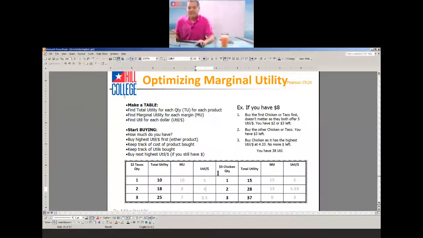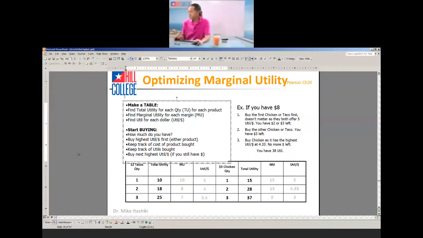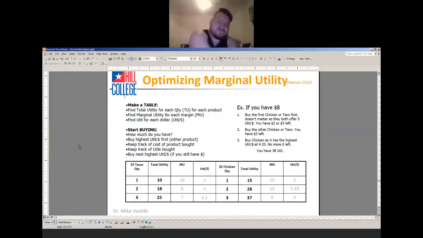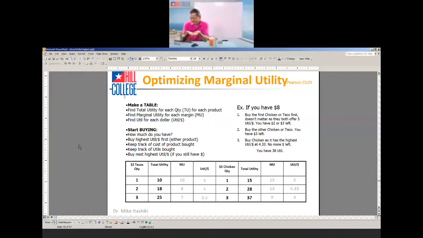Marginal utility. There's a page like this on the micro primers that will help, and I'll use these numbers tonight as an example. So what marginal utility is, it's the term utility means your enjoyment or benefit from a product, and marginal means